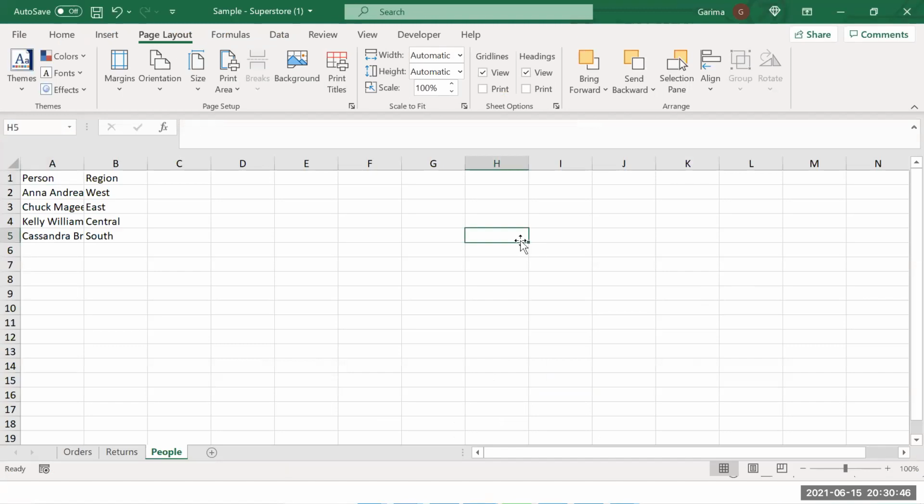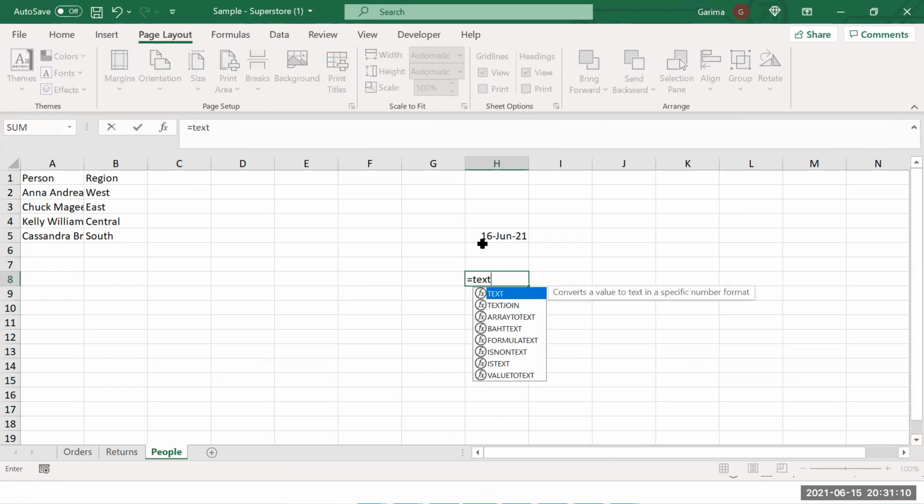Format is a function which converts a number into a defined type of format. For example, say you have a date with you, today's date, 16th June 2021. It's something like the text function in Excel, which converts a value, a number, to a specific format.